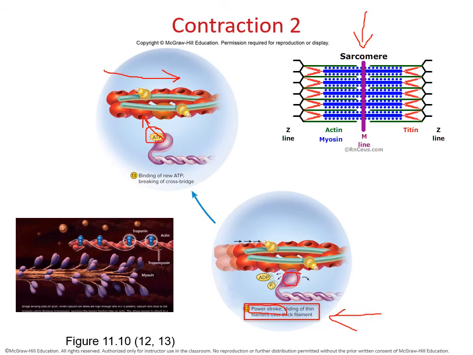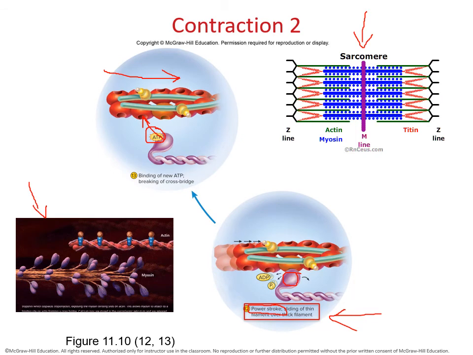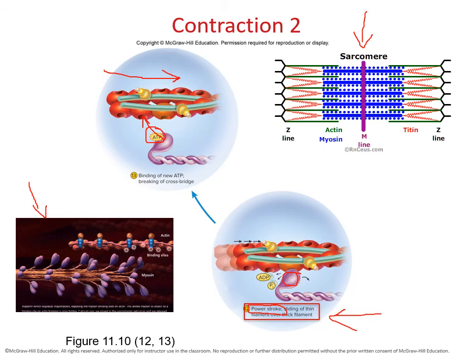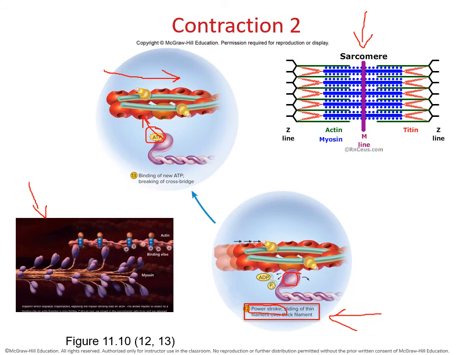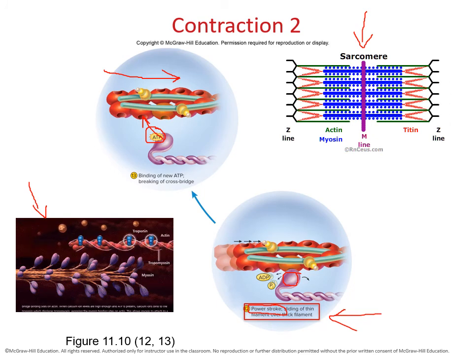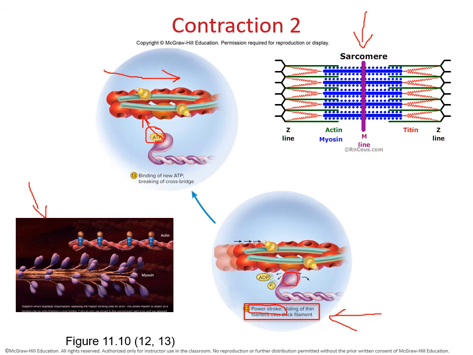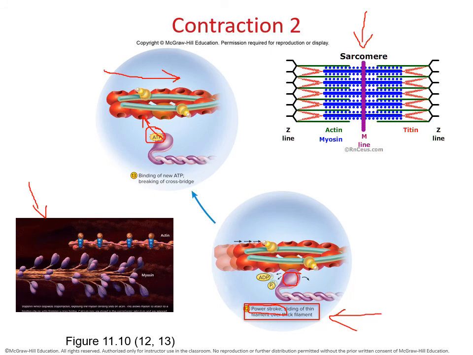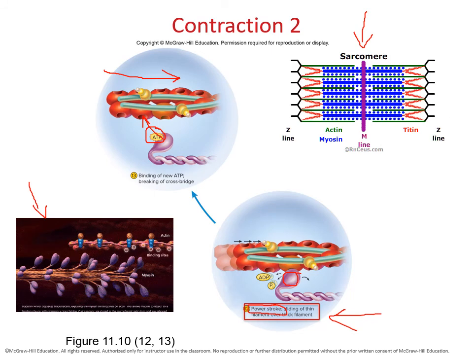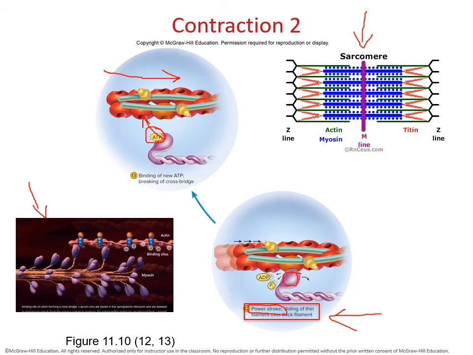And in fact, you can look over here on the bottom left, and you can see how you have your little calcium molecules that are coming in. And then notice how the head of the myosin makes a cross bridge. And then you see how it shifts it to the back. So here comes my calcium. It's going to attach to my troponin. It exposes the active site. We're going to do a cross bridge. So we're going to make that physical connection. And then we're going to slide.